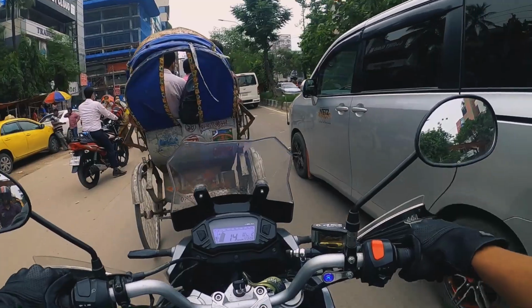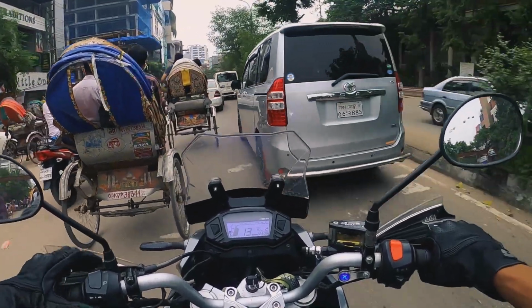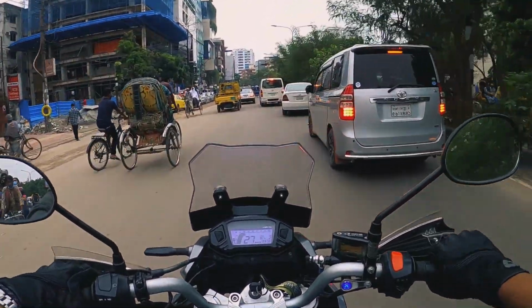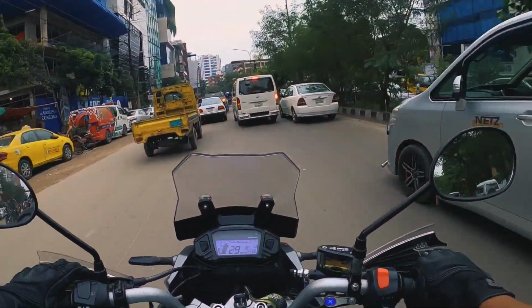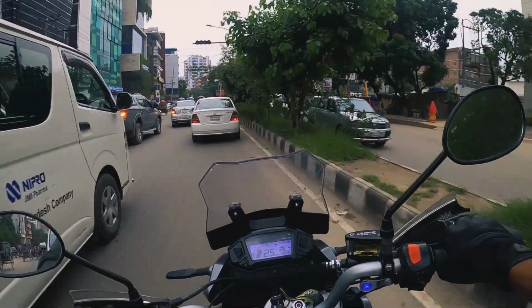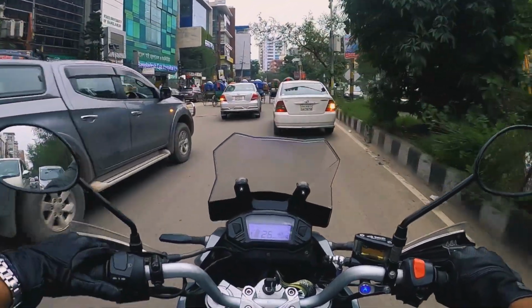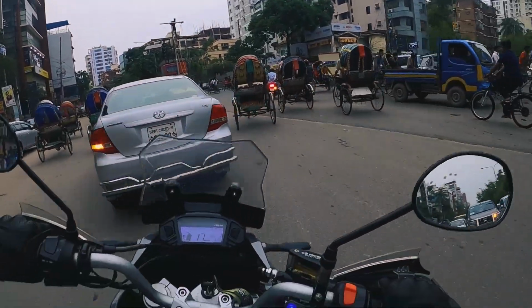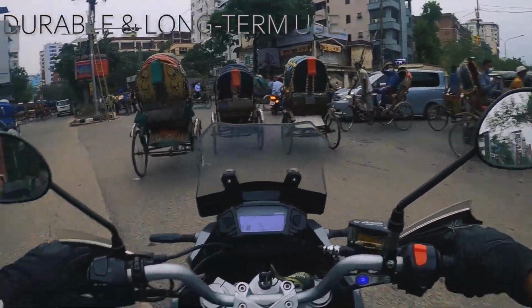Initially, I would like to start off with one thing that everyone has been calling a drawback for this air filter, which is the price. This air filter is being sold at a price tag of BDT 6,500 or BDT 7,000, which is equivalent to almost $90 globally. And I think it is not much in terms of such a product,